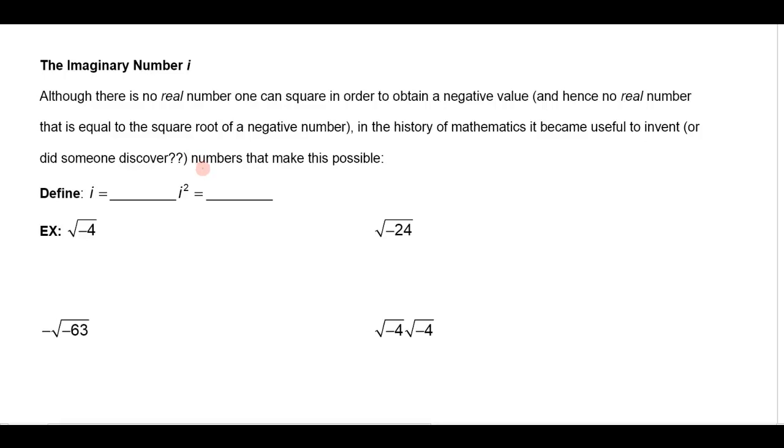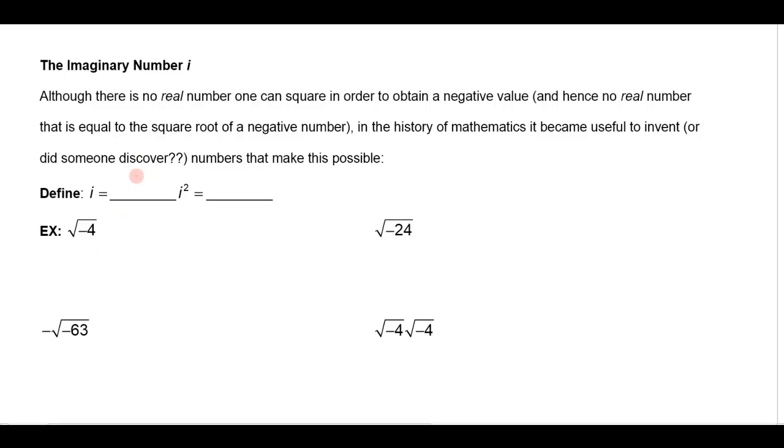Hi everyone. In this lesson we want to talk about the imaginary number i. Now we know there's no real number that you could square to get a negative number like -4, so that means that the square root of -4 can't be a real number. But in the history of mathematics it became useful to invent, or maybe someone discovered, numbers that would make that